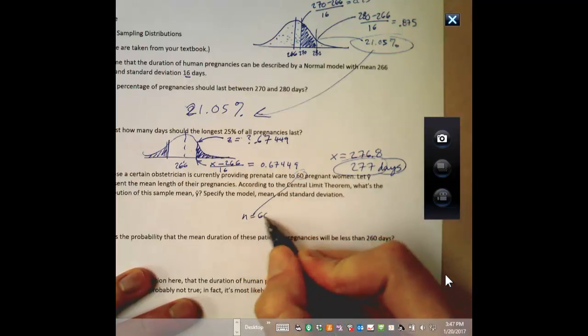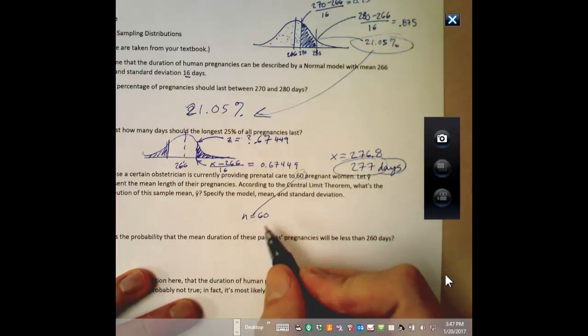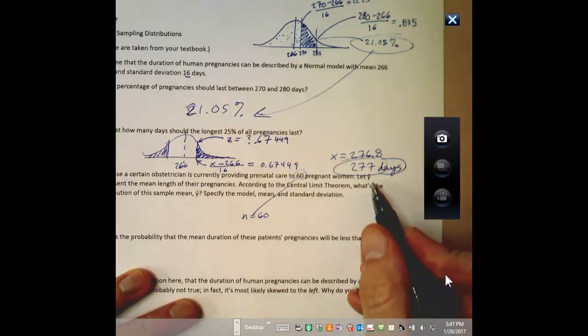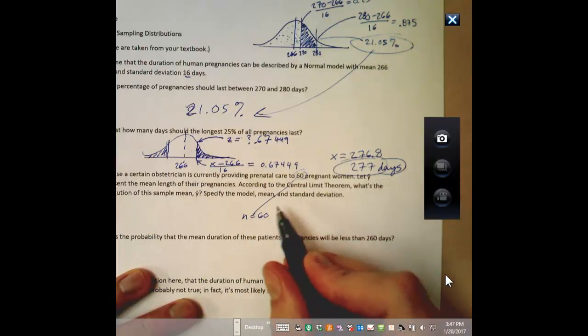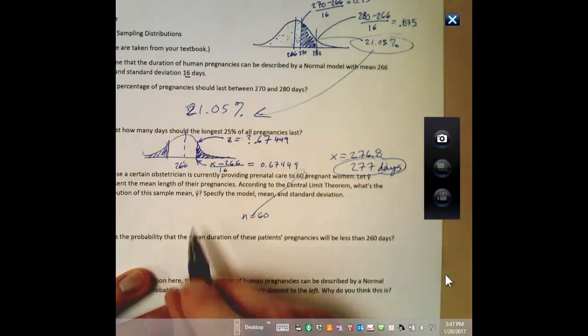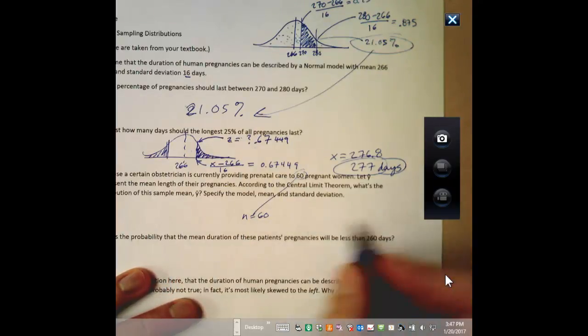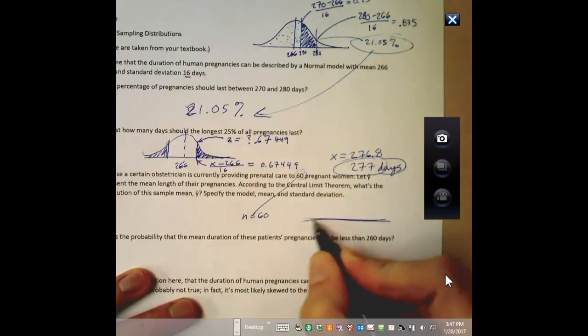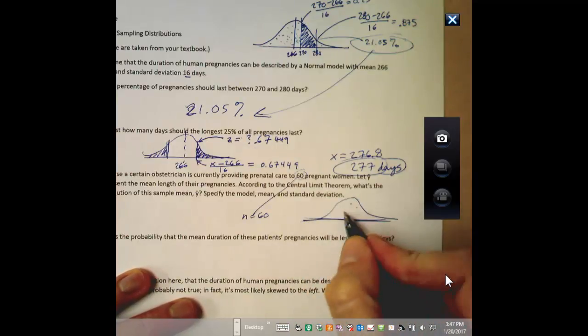N equals 60, so we're sampling 60 and averaging them, and our Y bar here is the average of a particular sample of 60. Okay, so what does the distribution of that sample mean look like? So now we have another pile which is approximately normal,